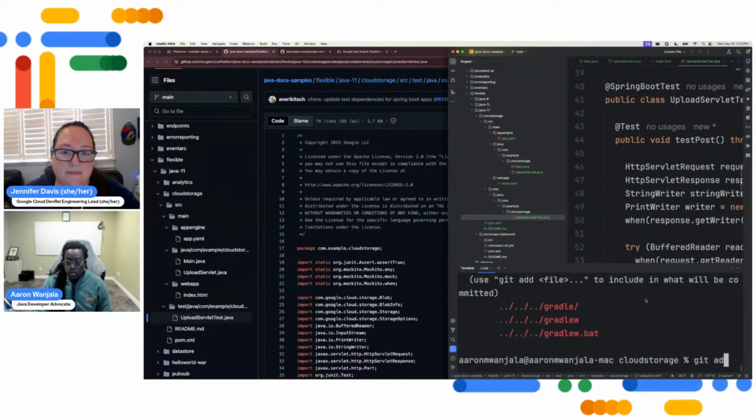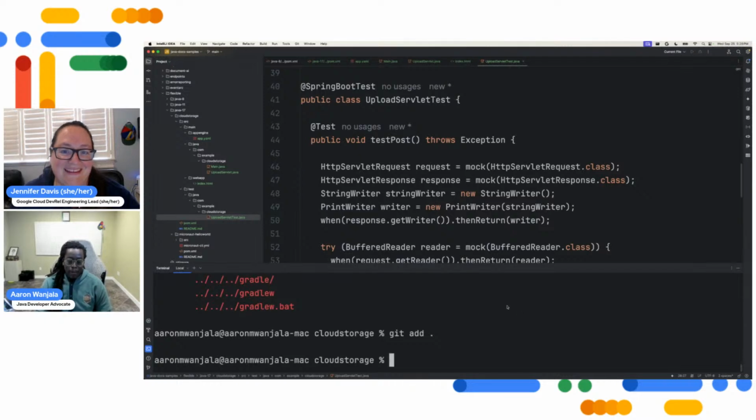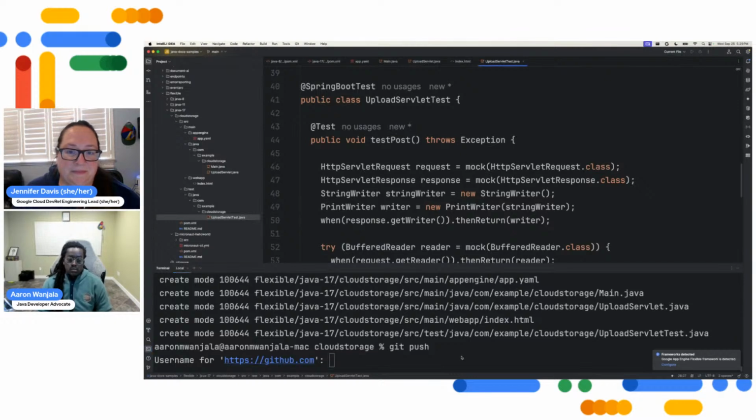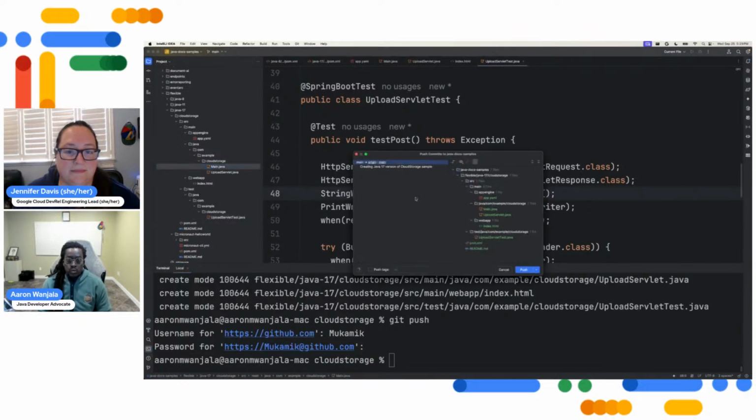Status and dot. The joys of streaming on a new machine as well, but it had to happen eventually. Creating Java 17 version cloud storage sample. No, I'd like you to do it with my HTTPS. No. Well, we might have to do it through GitHub here, or through IntelliJ. Let me compare. I can compare these manually